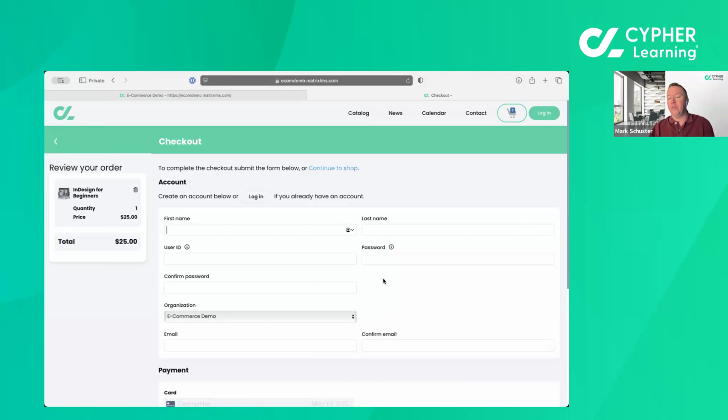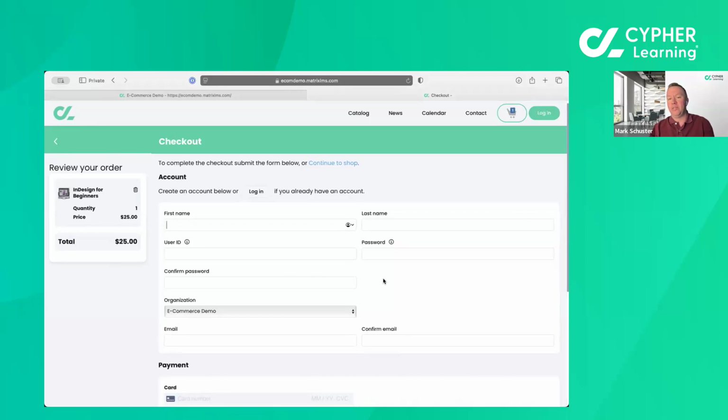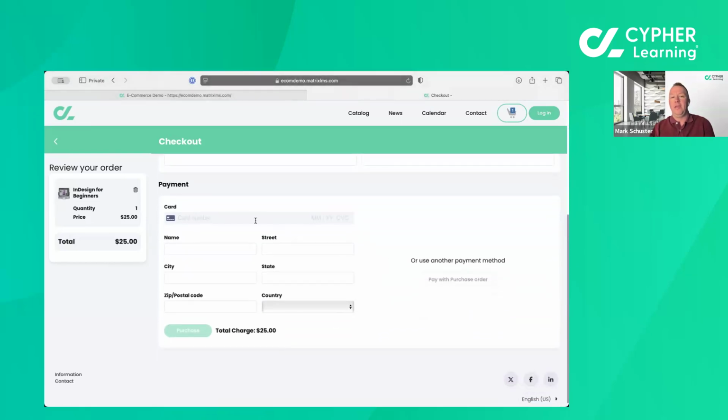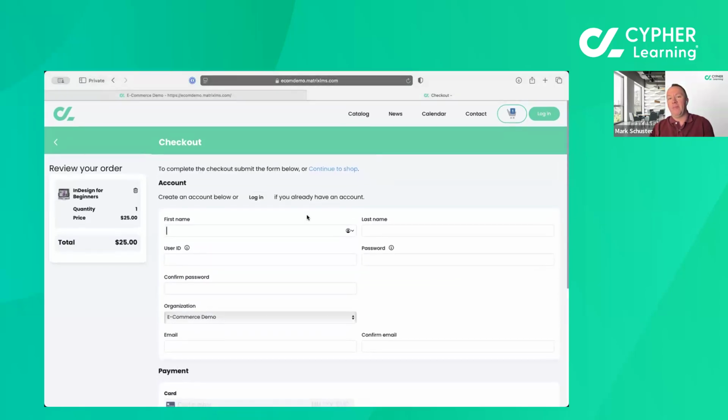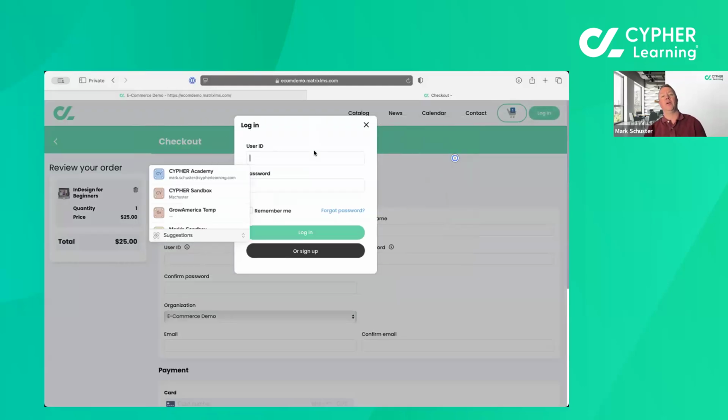In this case, I can create an account to be able to take the course. This will automatically create the account in your CYPHER site. Enter the payment information and purchase. I can also pay with a purchase order if you choose to support that. So all of that can be done automatically, or you obviously can make this available to your existing users as well. So if I want to log on as an existing user,